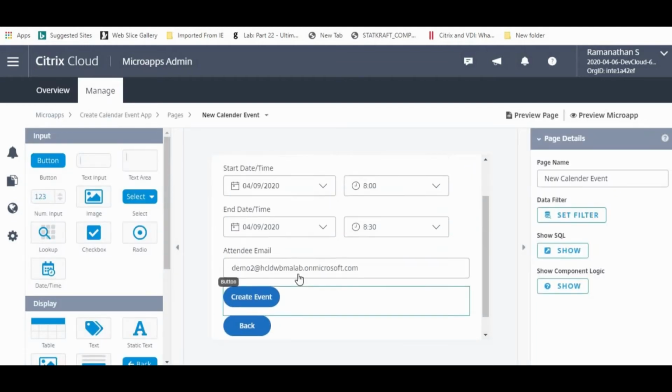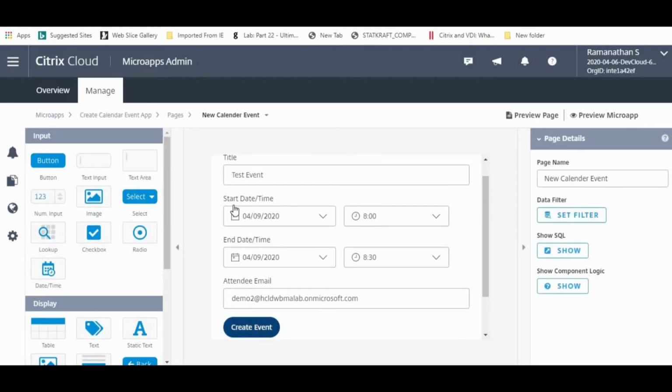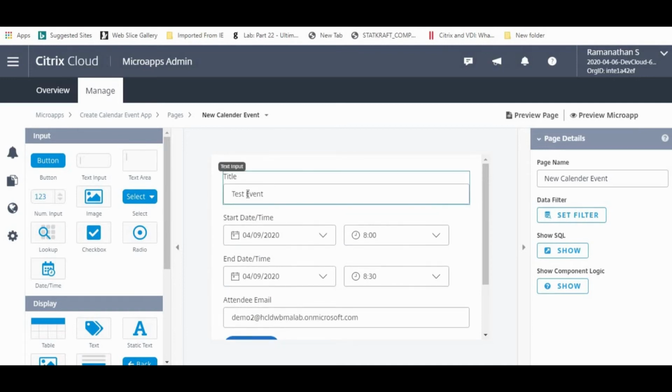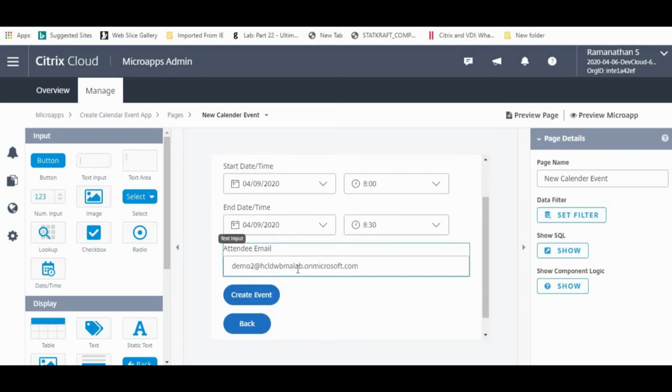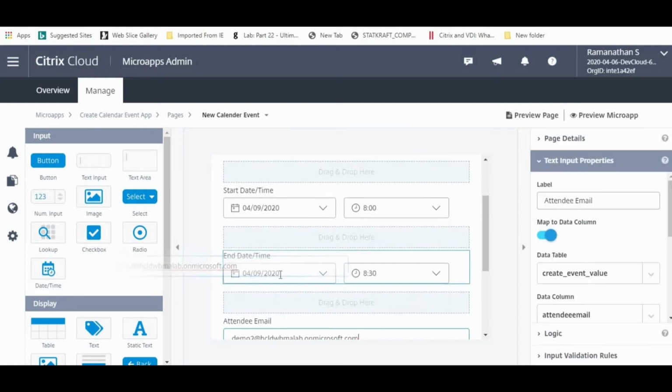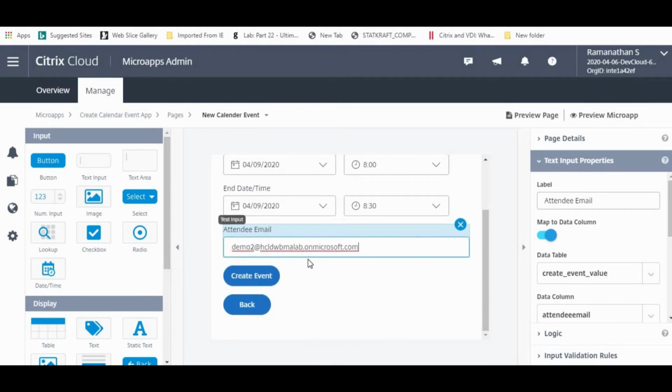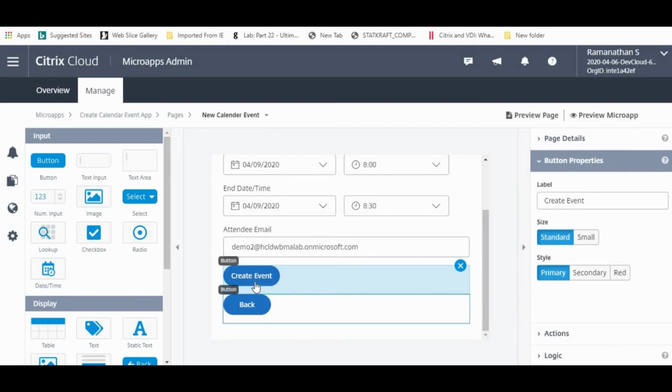In create event, you need to fill in all the information that you want to update in the user calendar: the date and time, the audience who are participating, and the attendee emails that you need to put in place. Then click create events, and this button will create the events inside the Outlook calendar.